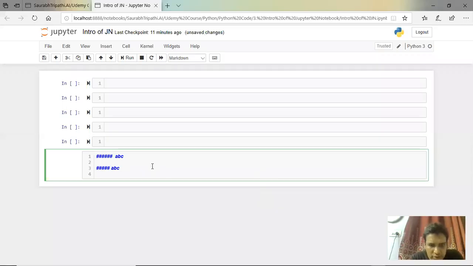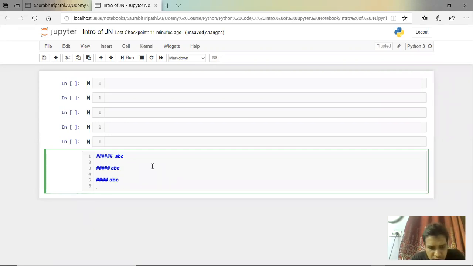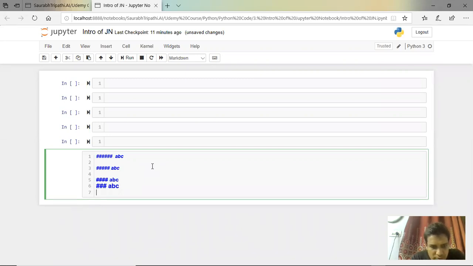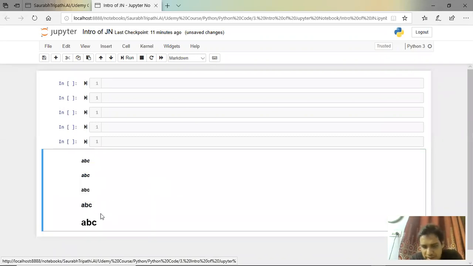Let me paste this and reduce it. So if you notice, the size of ABC is changing. It is getting bigger. So the fewer the hashes, the bigger the size will be. This is the example. So this is how you control the size.